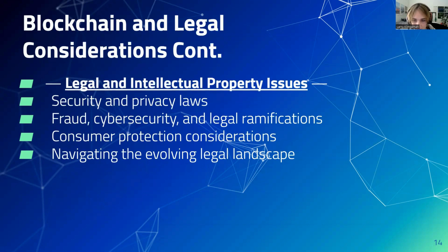Compliance with data protection and privacy laws, such as the General Data Protection Regulation in Europe or various state laws in the United States, is crucial to safeguard customer information. And with fraud and cybersecurity, the digital nature of electronic payments makes them susceptible to fraud and cyber attacks. Ensuring robust cybersecurity measures and promptly addressing any breaches is essential, and legal ramifications may arise if customer data is